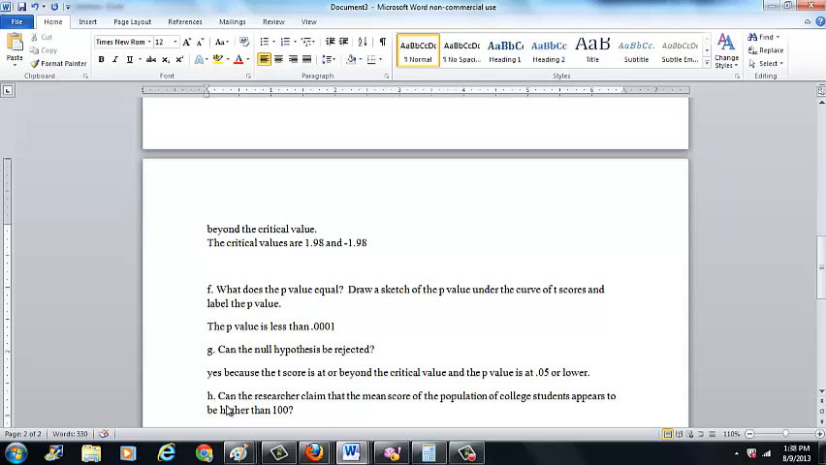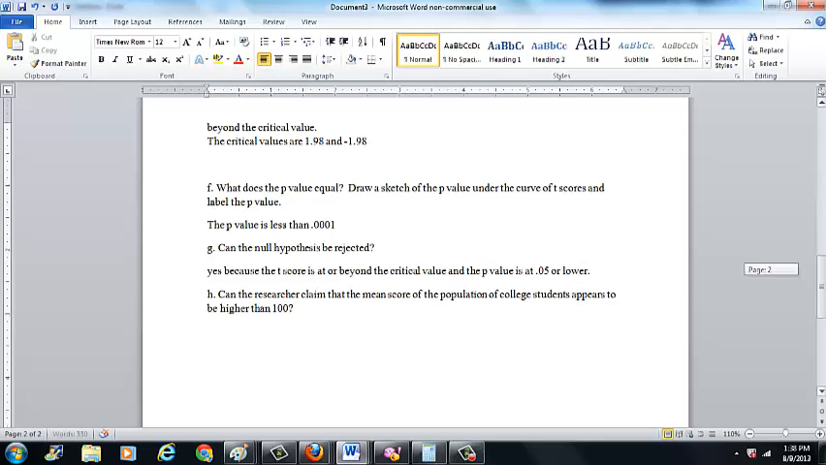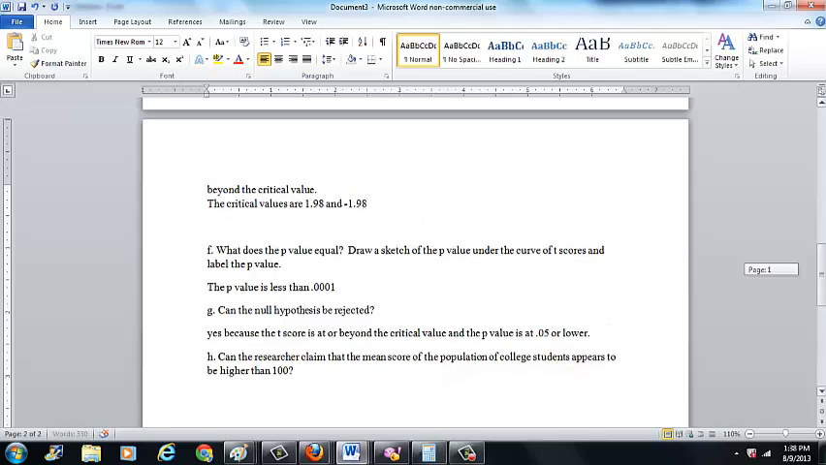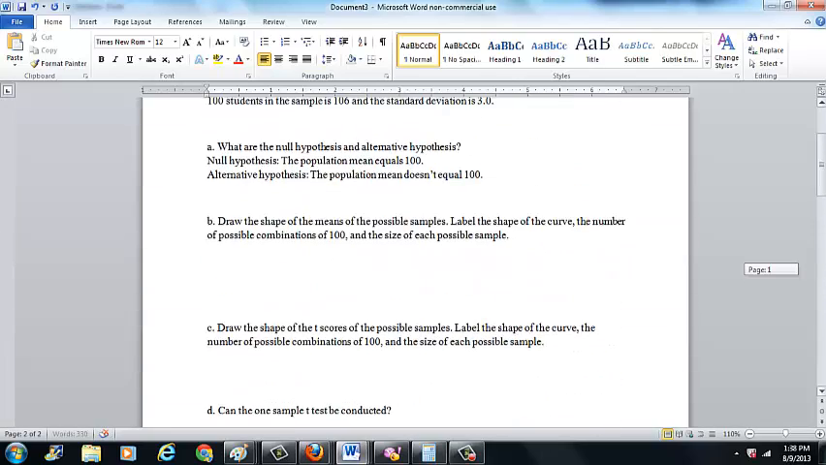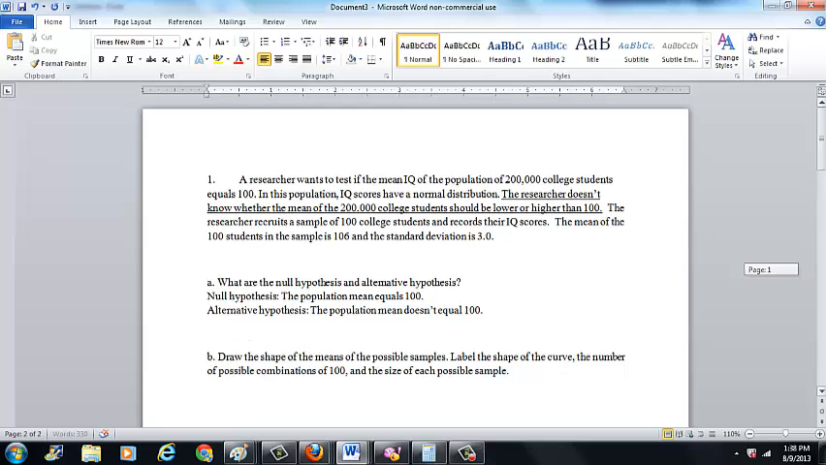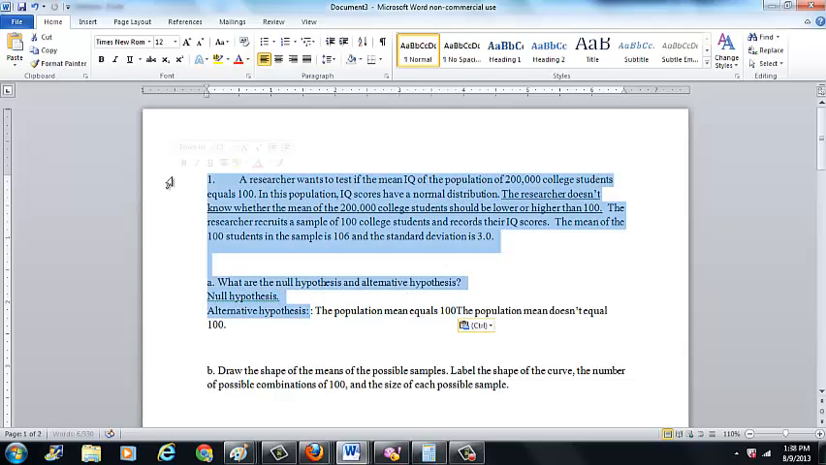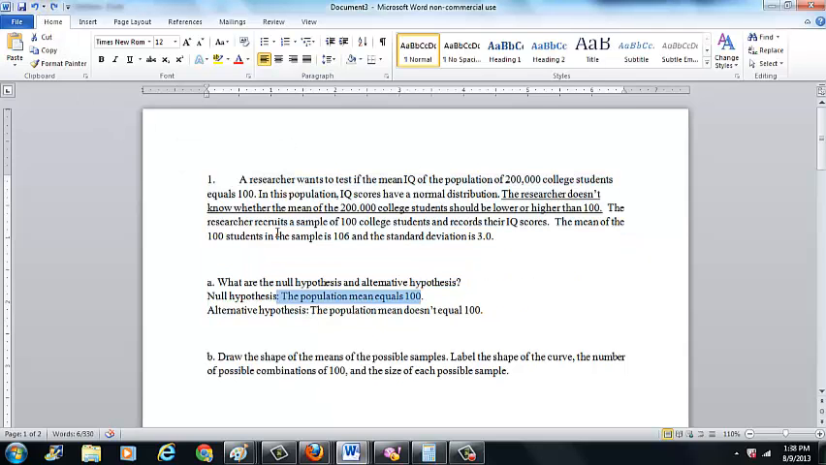This one says, can the researcher claim that the mean score of the population appears to be higher than 100? Which is what the researcher was trying to support. The researcher rejected the null hypothesis, which means the researcher supported the alternative hypothesis, which said that the mean doesn't equal 100. So the researcher supported this possibility of the mean not equaling 100, but